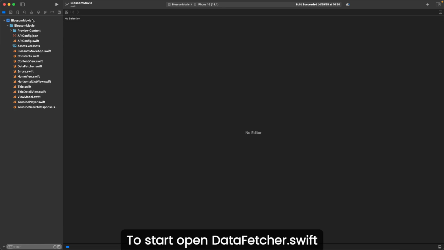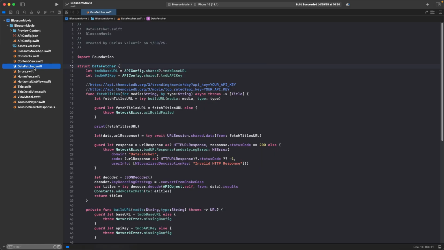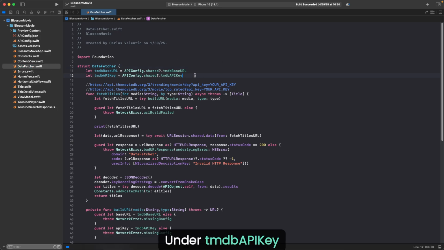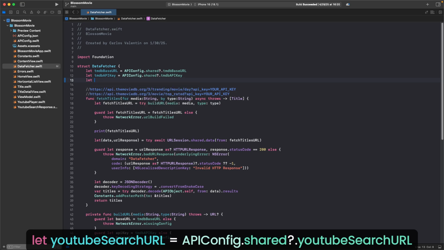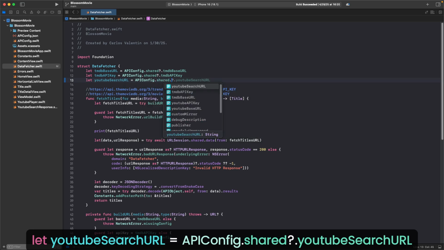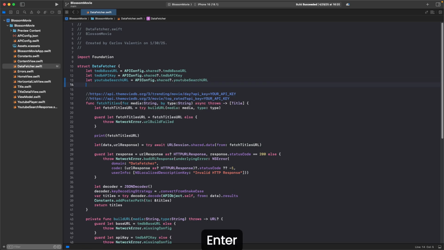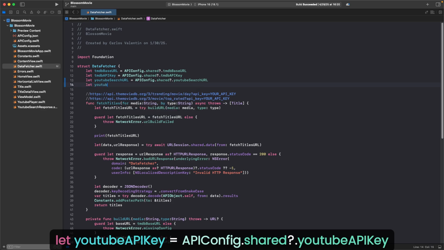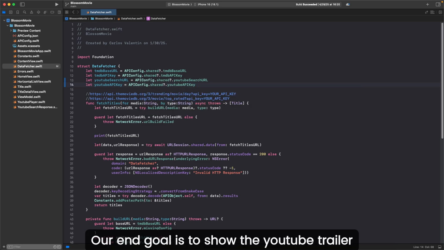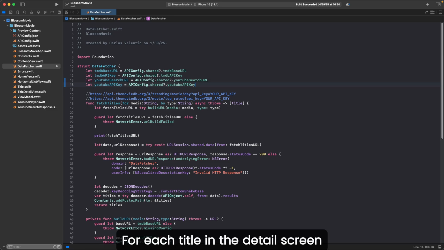To start, open DataFetcher.swift. We need to define our new variables under TMDB API key. Let youtubeSearchURL equals APIConfig.shared.youtubeSearchURL. Enter. Let youtubeAPIKey equals APIConfig.shared.youtubeAPIKey. To recap, our end goal is to show the YouTube trailer for each title in the details